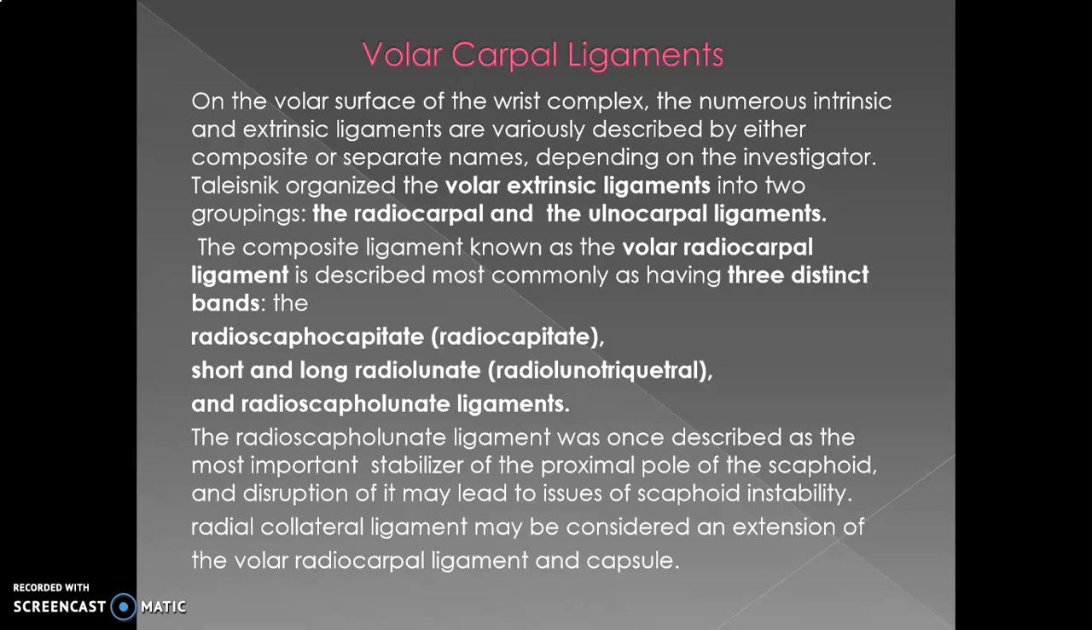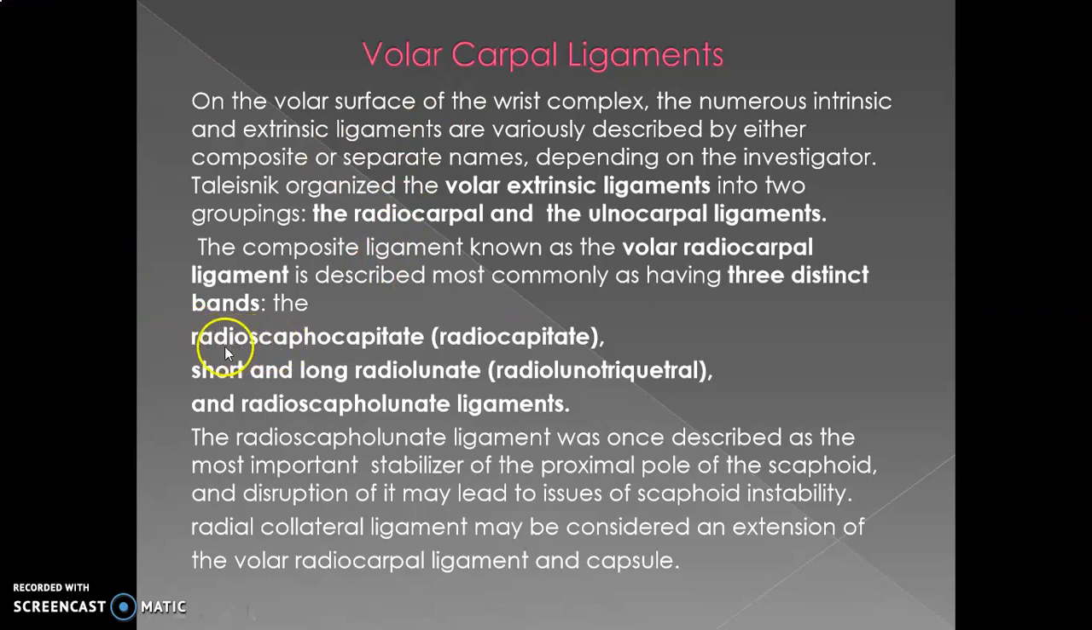Talesnik organized the volar extrinsic ligaments into two groupings. According to Talesnik, the anterior extrinsic ligaments are divided into two groups: radiocarpal and ulnar carpal, meaning the volar radiocarpal and volar ulnar carpal ligaments. The composite ligament known as the volar radiocarpal ligament is described most commonly as having three distinct bands. So combined, the ligament we call the anterior radiocarpal or the volar radiocarpal has three distinct bands. They consist of the